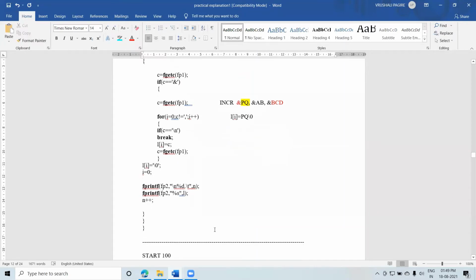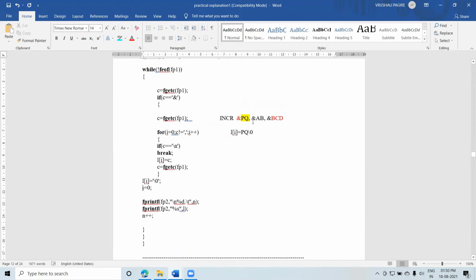Now what you have to do? Print that first parameter into your file. So you can see here a printf is there, right? Your file name is fp2, right? Percentage, and write the separate statement for serial number and string. That's it. Nothing is different, right? N plus plus, increment the serial number, and done. Okay, suppose what will happen? Same here, you have been able to identify this AB. You display it into your file. So we will see the last condition.